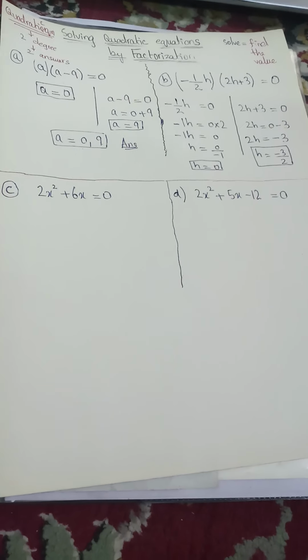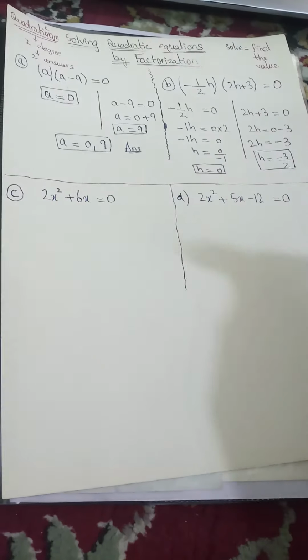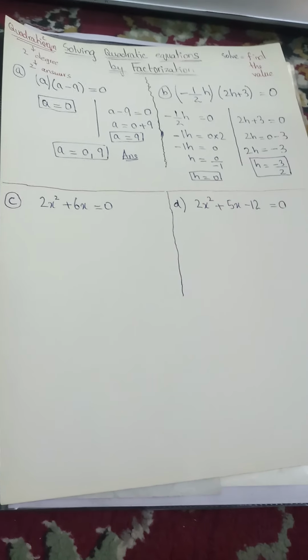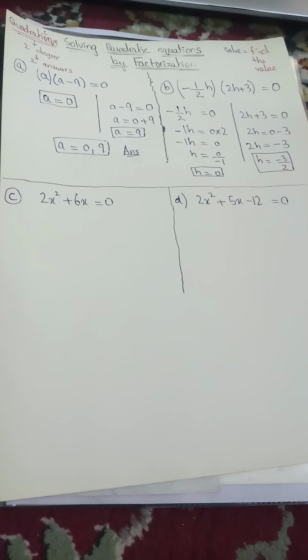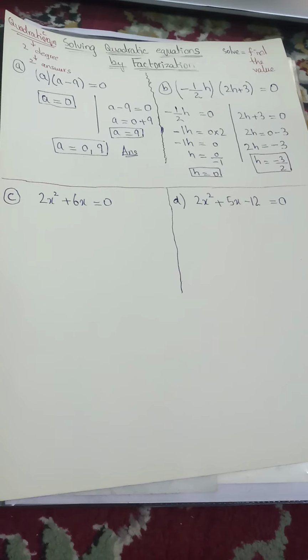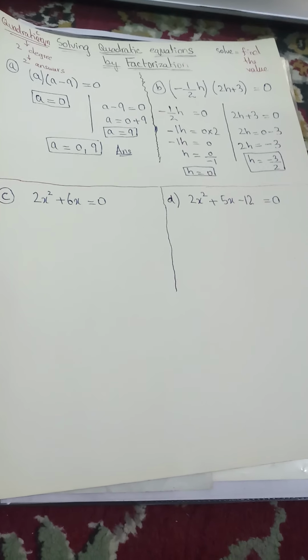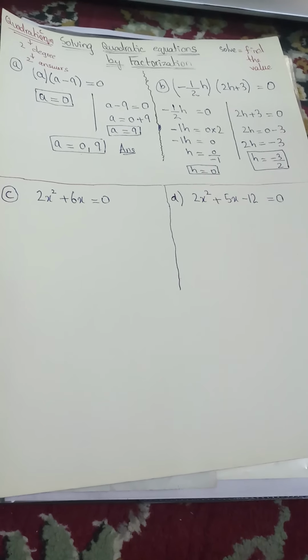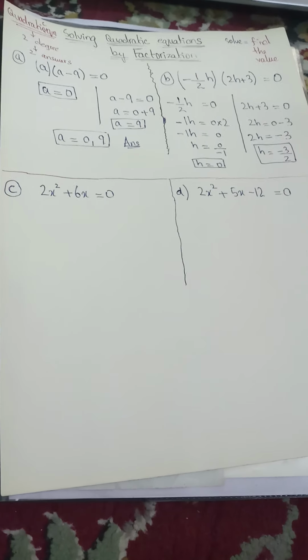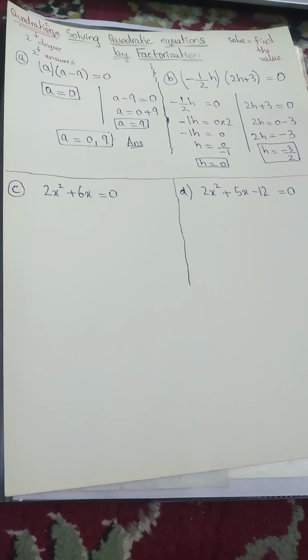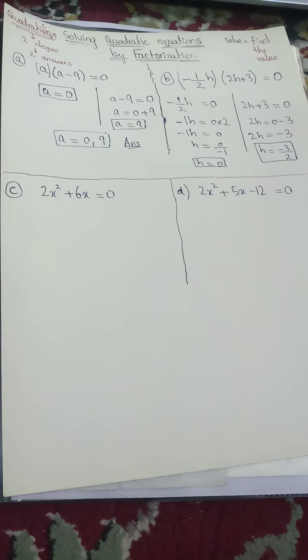So we have two questions over here. The third part, which is the C part, we have 2x square plus 6x equals to 0. And in the D part, we have a quadratic equation that states 2x square plus 5x minus 12 equals to 0. These two parts are different from the first two parts because in the first two parts, there were two